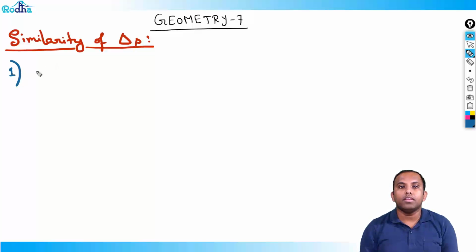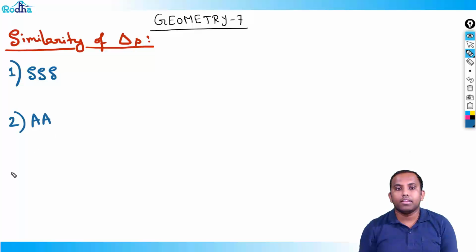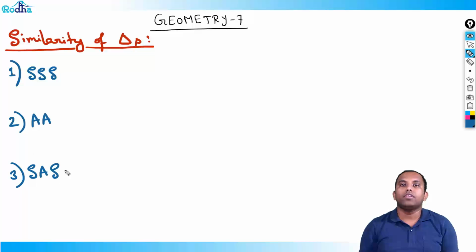There are three ways basically. First is SSS, second is AA similarity, and third is SAS similarity. There are three ways by which we can prove two triangles to be similar. Now, what is SSS similarity? SSS similarity is basically